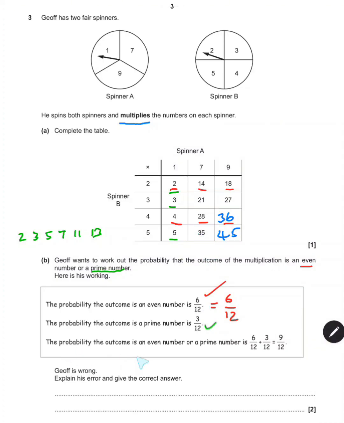He says the probability that an outcome is even or prime is 6 12ths added to 3 12ths, which is 9 12ths. The problem with Jeff's working is he's counted this one twice. Okay, 2 is even and prime. So we could write that in his mistake. Counted 2 twice, and the fact that it says even or prime means we only need to count this once. So the correct answer will be 1, 2, 3, 4, 5, 6, 7, 8